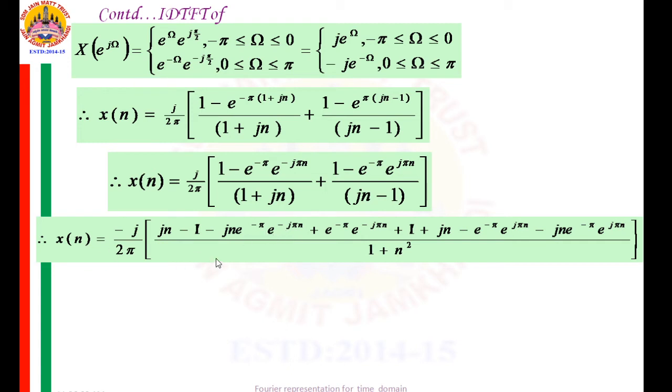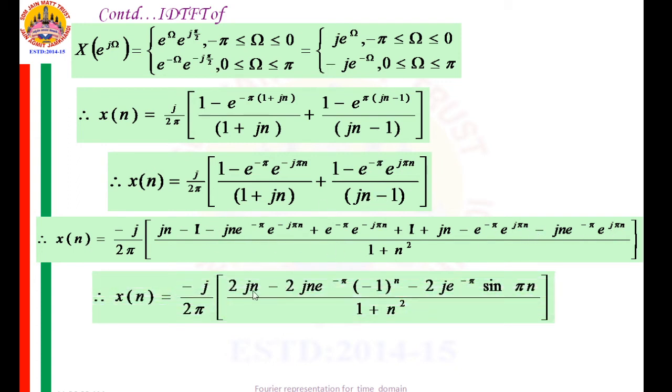So this 2 you divide to that entire term. So you will observe here, this is 2Jn, and you multiply and divide to this, you will get for this term cos pi n, and cos pi n can be written as minus 1 raised to n, and for these terms e raised to minus pi when you take common, minus e raised to minus pi you take, and 2j you multiply and divide, you get sin pi n. Now the value of this sin pi n is 0, so this term will become 0. You will remain with only these terms.